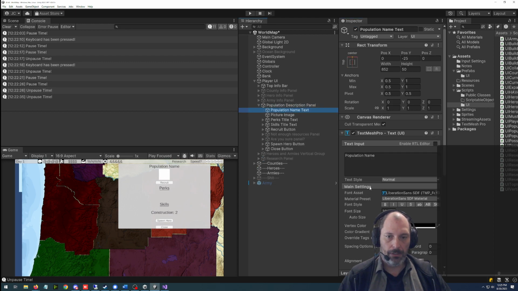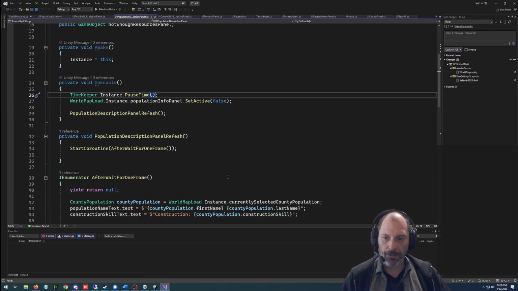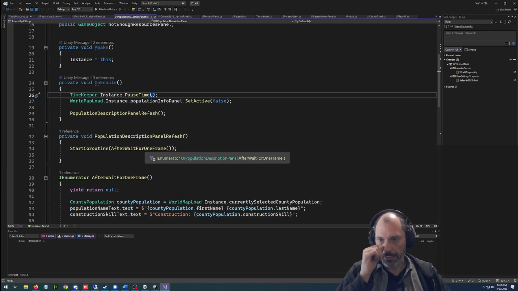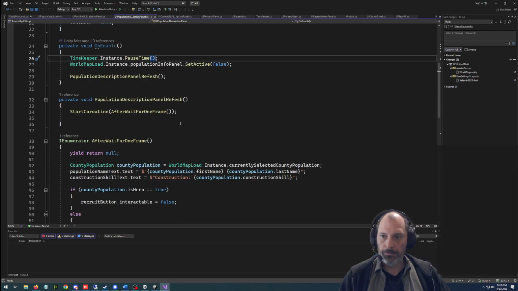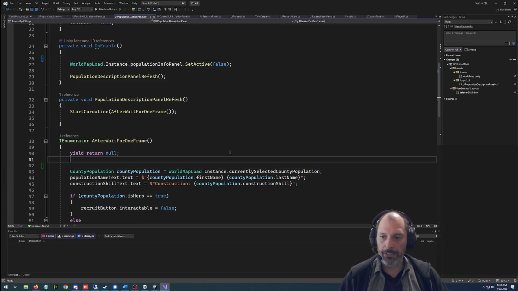I'm gonna rename this person's name text. Person's name is fine here. Okay. So it's just filling in that stuff on enable, and I think we have this pause because it's the same thing. It's too quick. So if we put this in here, it would unpause for a second, which kind of sucks, but